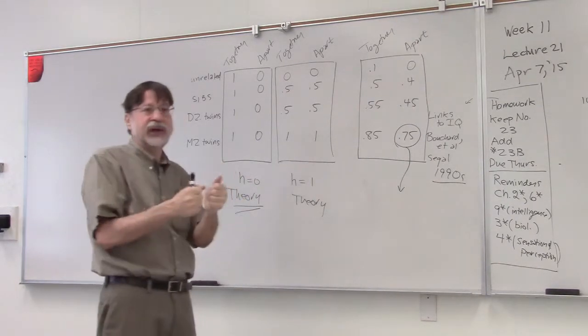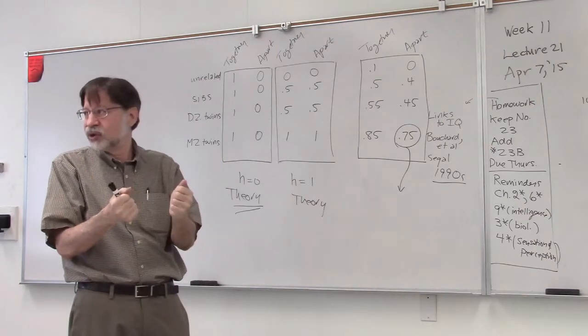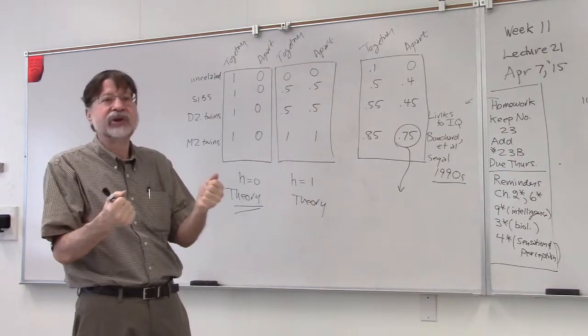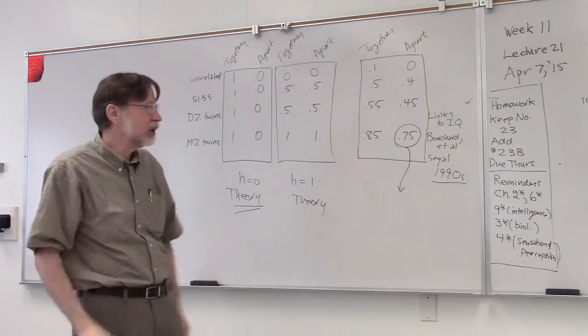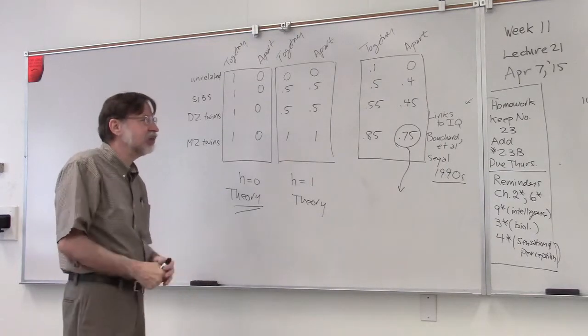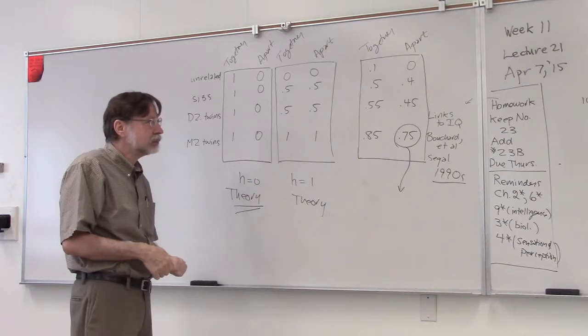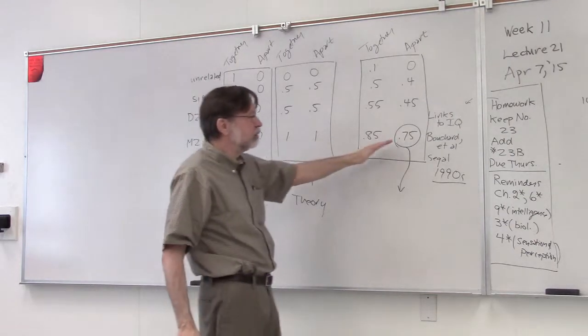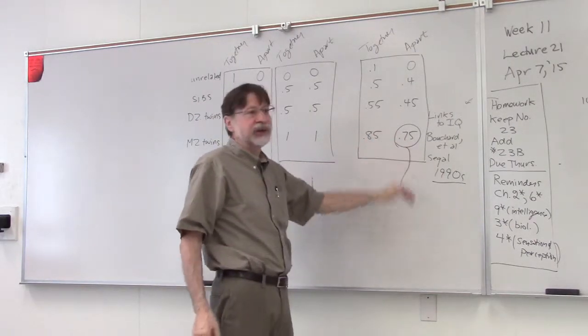Monozygotic twins, you have 1 egg, 1 sperm with an extra division, so that you end up with 2 individuals that in theory have the same genes, 2 kids that are as like as peas in a pod. So it's rare to get twins, and then it's rare for twins.